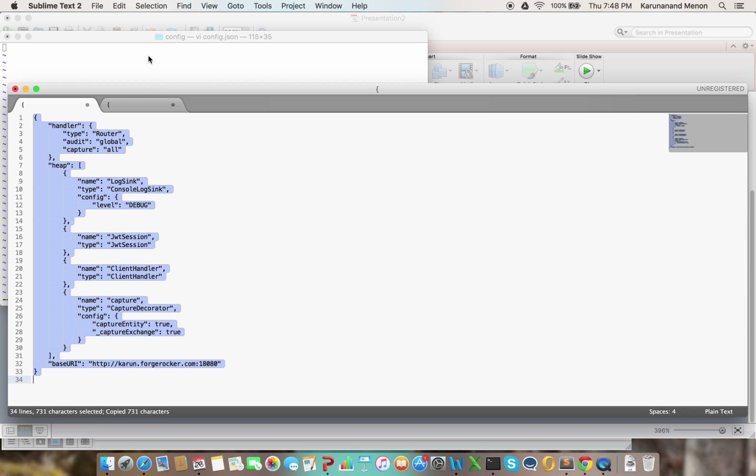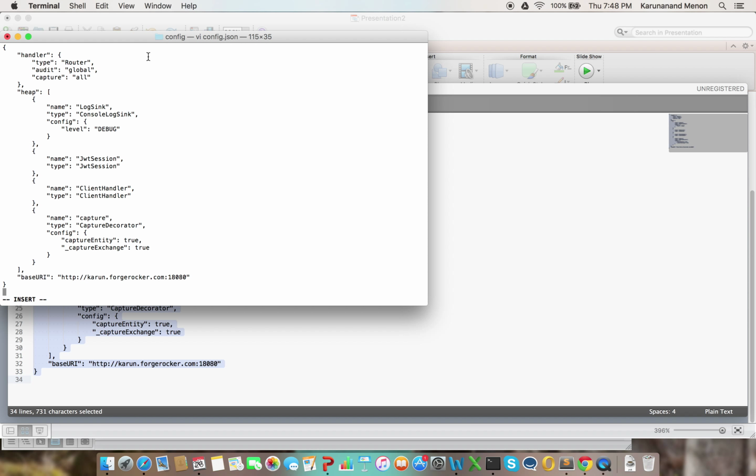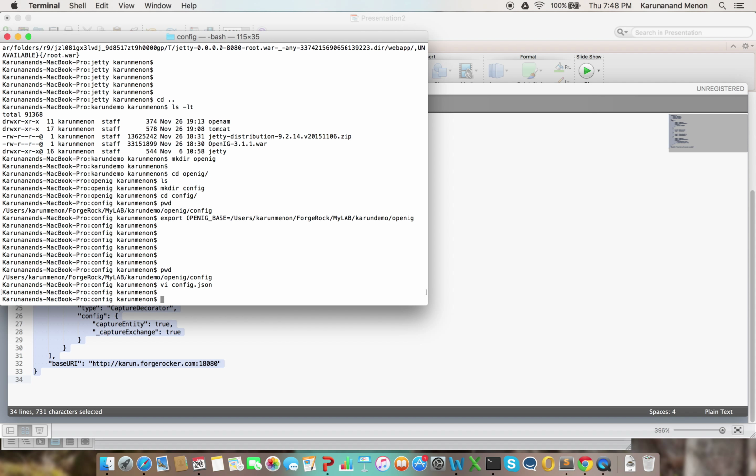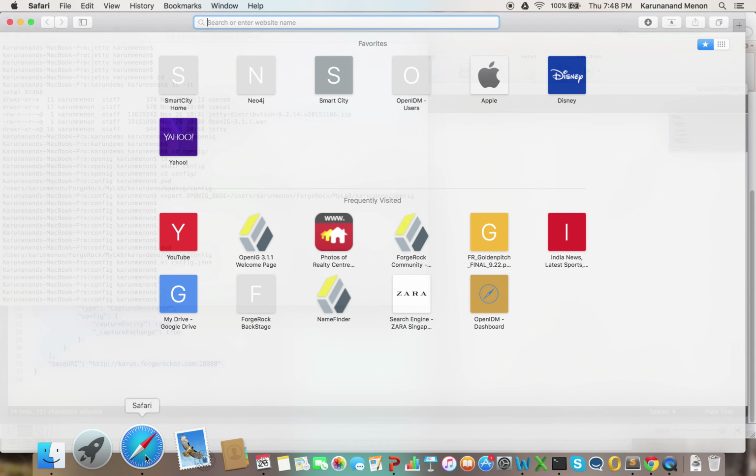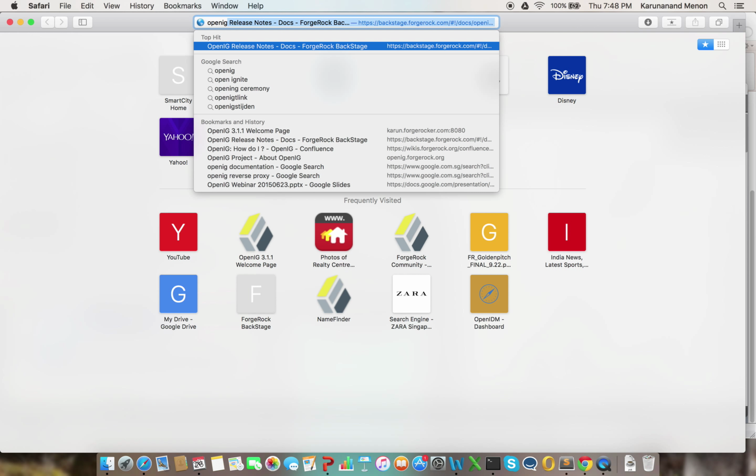So I'll just quickly copy over this to my config.json, and we're done with configuration. Now one more thing we need to set up is a route. There is something called a routes folder, and by the way, just for this config.json, you could go to the OpenIG documentation